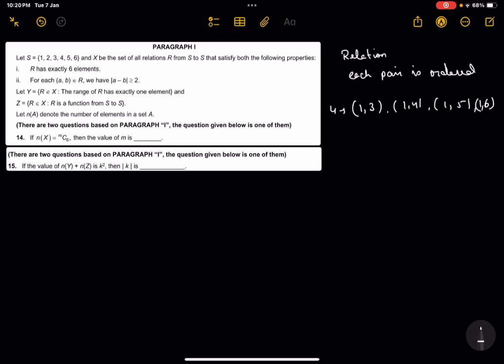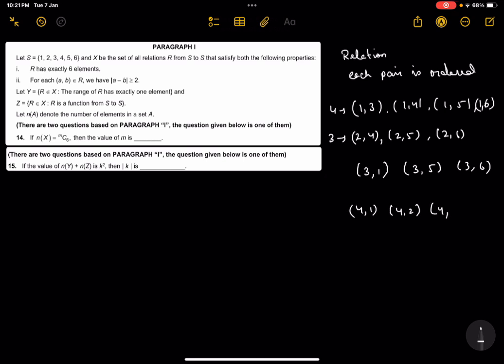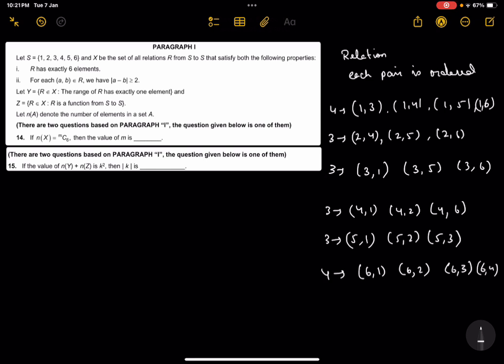We have 4 pairs here. 2 can be related to 4, 5, 6. 3 can be related to 1, 5, 6. 4 can be related to 1, 2 or 6. 5 can be related to 1, 2, 3 and 6 can be related to 2, 3, 4. So we can have 20 different pairs